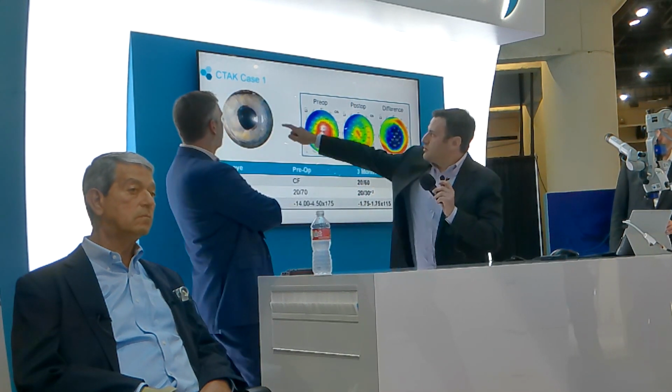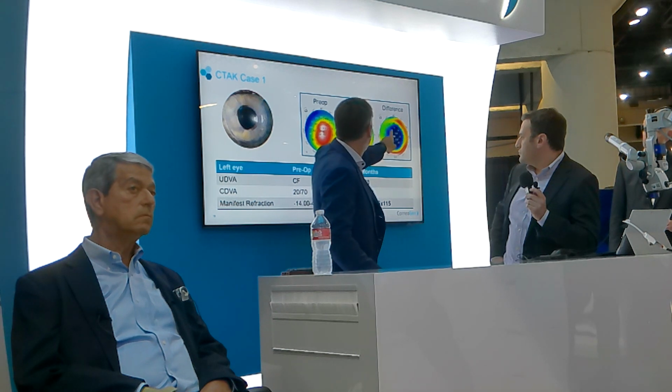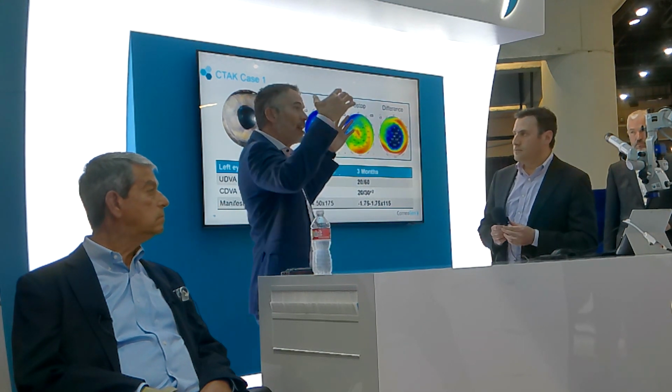Sure. So in this case, you can see that the CTAK segment is about 300 degrees. So we're kind of starting up here and ending right around here. We do these as much as 330 degrees. Look at your case. What I was struck by is how symmetric that flattening was. Right up here is kind of where you maybe didn't want to get it. But 10, 11, 13 diopters of flattening all across that cornea, because it kind of hugged it all the way around. And then if you go to mine,